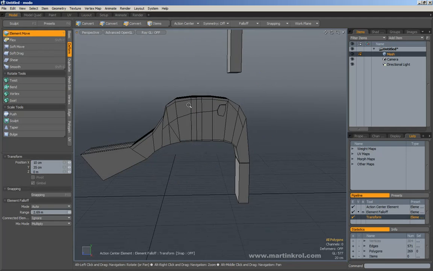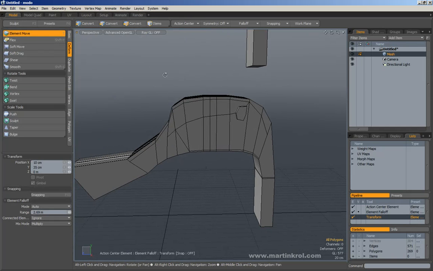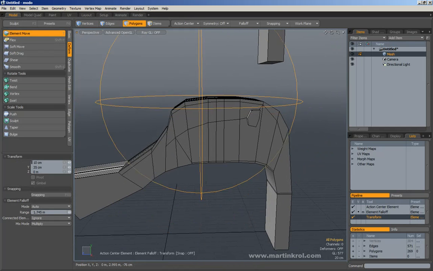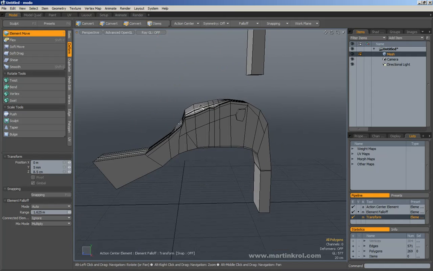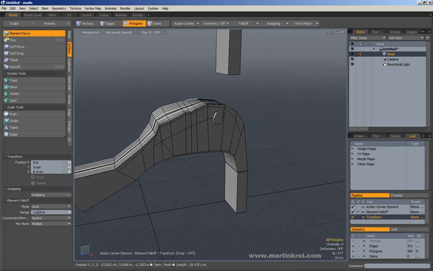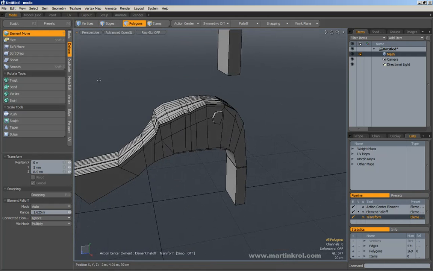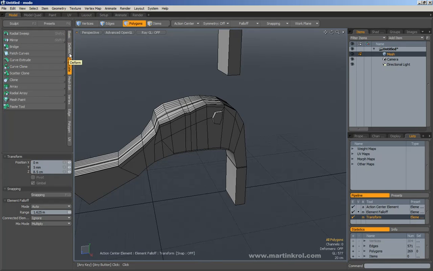Now, the element move tool, you can enable it, or you can just press T to enable it. You use right click to change the radius of what it's going to affect, like that. If I change the radius to something much smaller, you'll notice that I only affect that portion here. If I change it to something much bigger, I'll affect a lot more of the model. There really isn't too much for this tool. Very, very simple. And I think that's all I really wanted to go over in terms of using the tools,